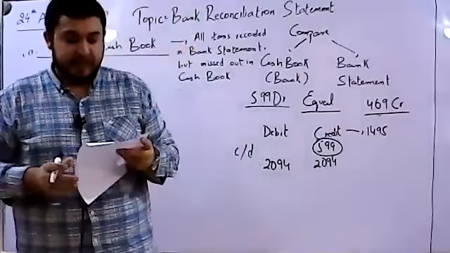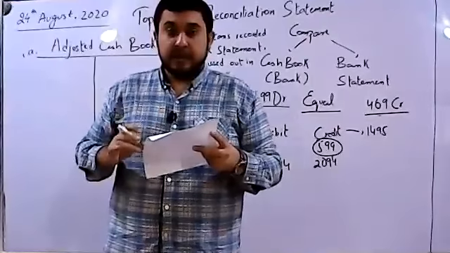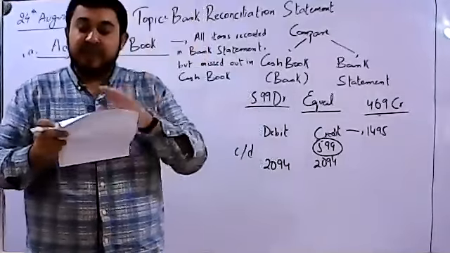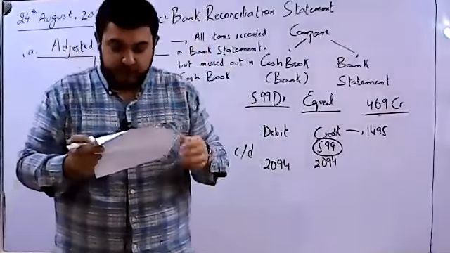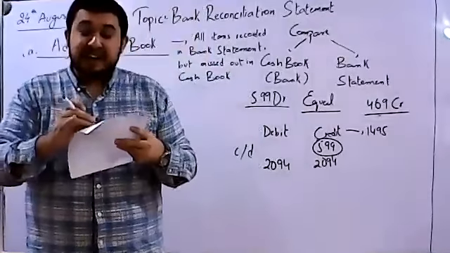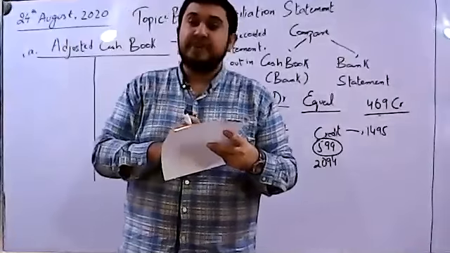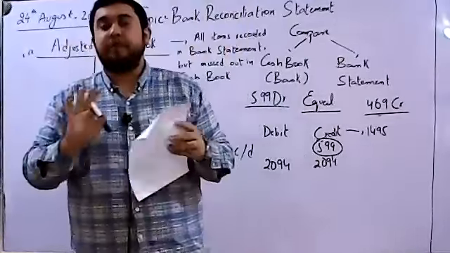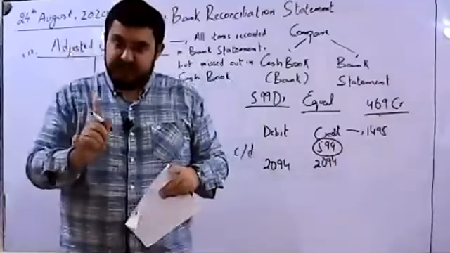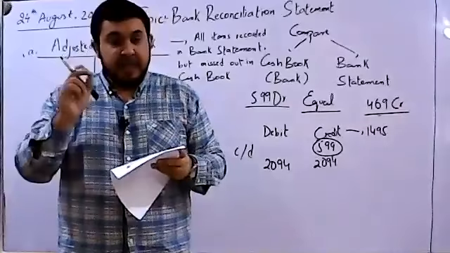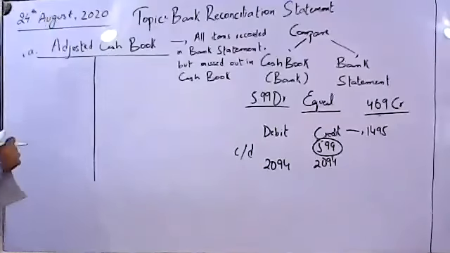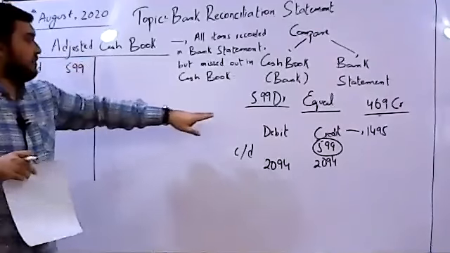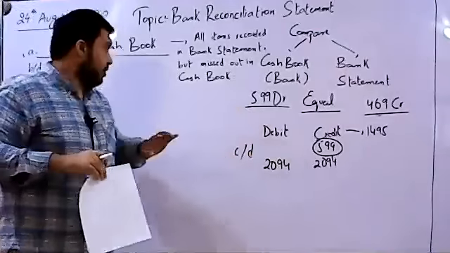So what we are going to do basically, we are going to compare both sides of the bank statement with the cash book. We will start with the bank statement and then come towards the cash book, right? Let's start with the credit side of the bank statement and the debit side of the cash book. Whatsoever items are on both the documents would be ignored. Any item that is missed in the cash book would then be recorded into the adjusted cash book. Now, we will start with the brought-down balance, which was 599 that we calculated over here after the balancing of the cash book.